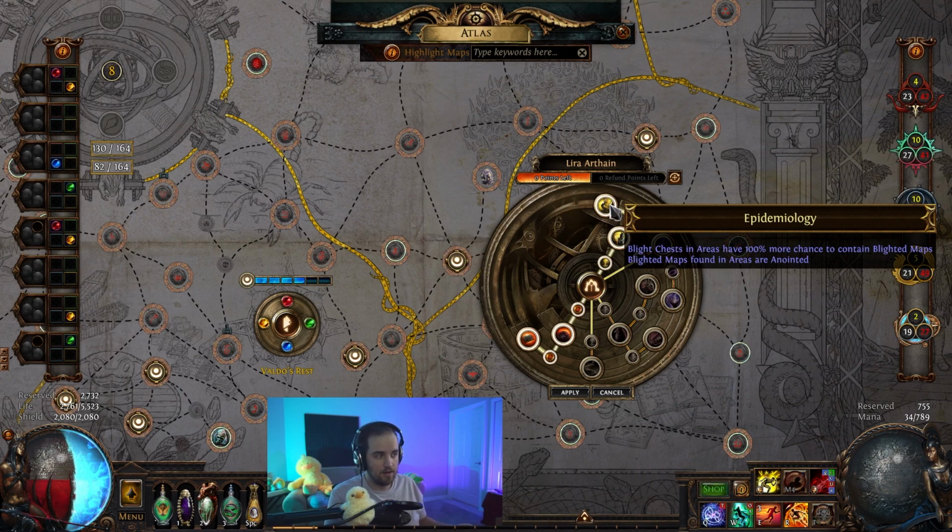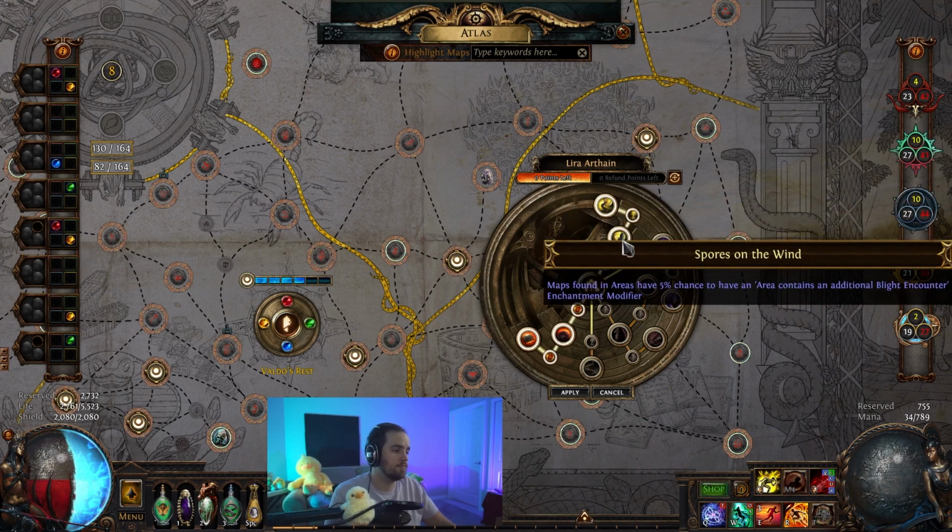100% more doesn't mean that you're just having a 100% chance to drop them. It's 100% more like anything else in this game. The other thing is that maps found in areas have a 5% chance to have an area contains an additional blight encounter. This can just be something that'll help you push through a couple more maps to maybe get some more